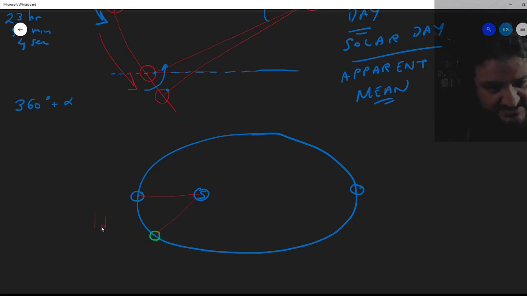And this takes 1 day, let's say. Again, I'm exaggerating this angle. It's much smaller than that, but I'm exaggerating to make a point, okay? This rotates like this. But remember, according to Kepler's law, from Johannes Kepler, who was a student of an astronomer, Tycho Brahe. This is after Isaac Newton, but still hundreds of years ago. He discovered that just by looking at the motion of planets around the sun.